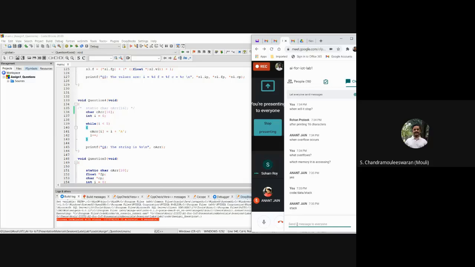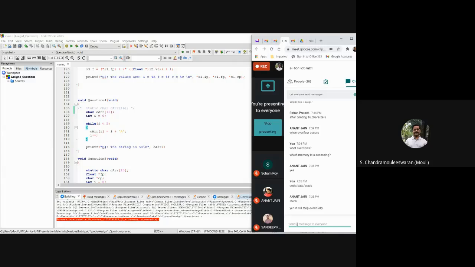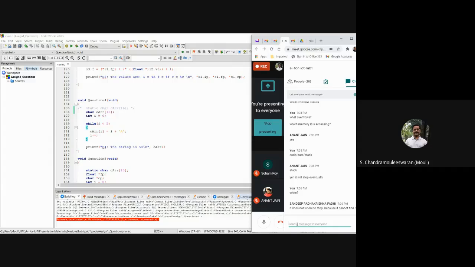Right. So it will not know whether it is accessing 16 or 160 or 1100. It doesn't know. Okay. So when will it stop? Okay, stack is correct. When will it stop? You said it goes on, but it will stop somewhere, right? Should it stop or will it not stop at all? I explained it in the previous question explanation. Eventually stop when? Very good. At null.